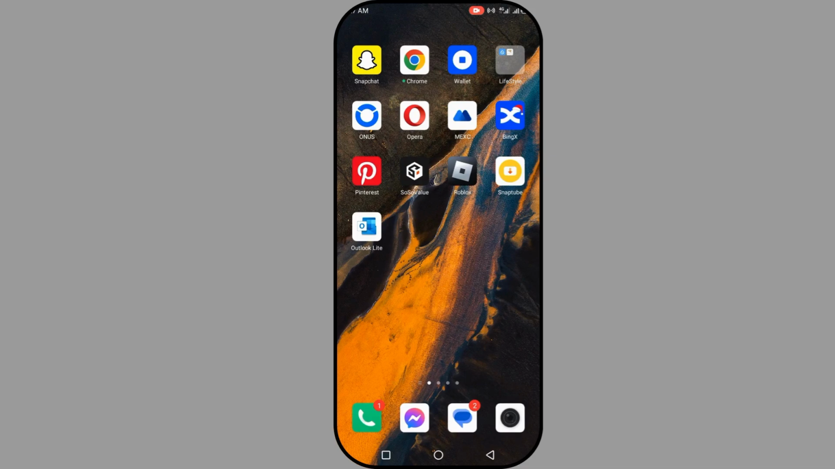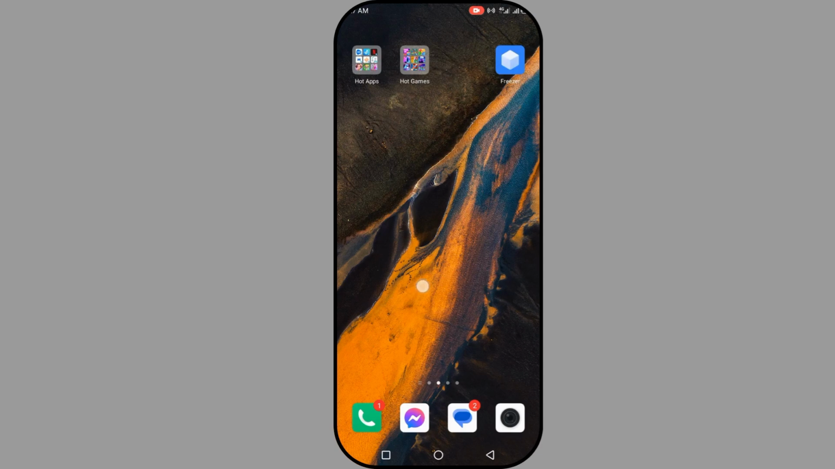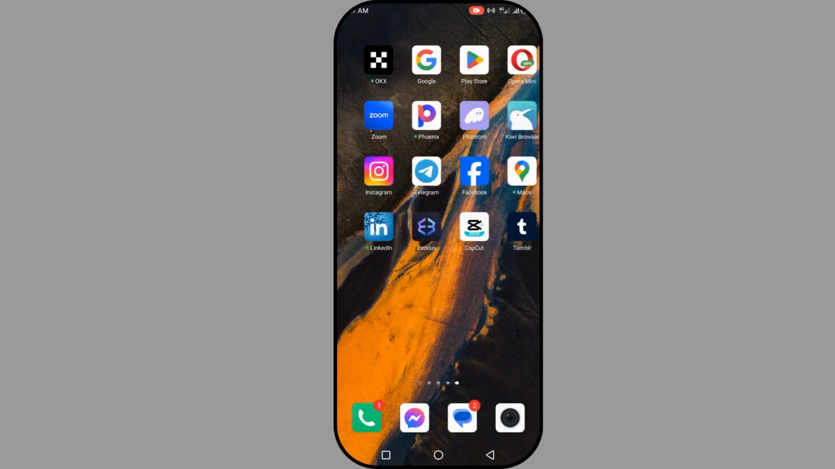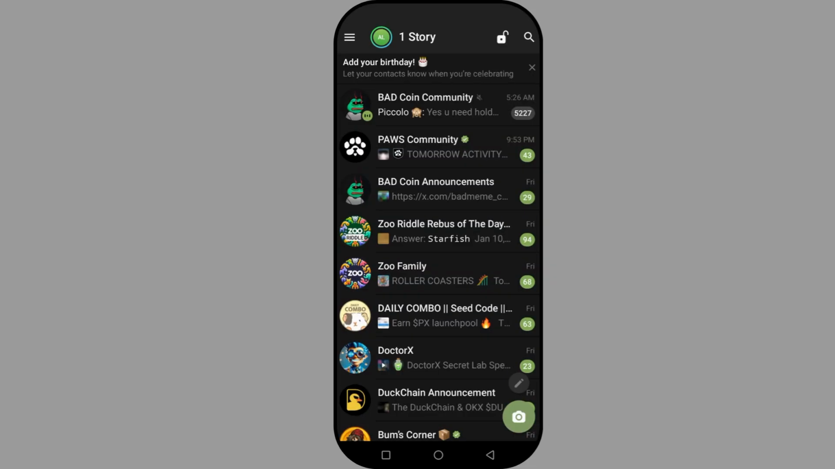Let's get started. Now what you need to do is open up your Telegram app. And you can see there is a passcode here, so just click on it. Once you open your password and you want to remove